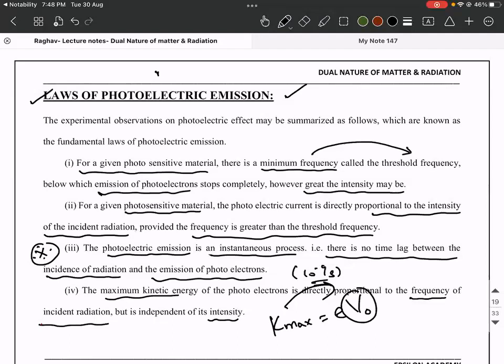Because if you see the previous graph, what was the graph? It's stopping potential and frequency. What was the graph? Straight line. Stopping potential and frequency, straight line. Straight line is something like